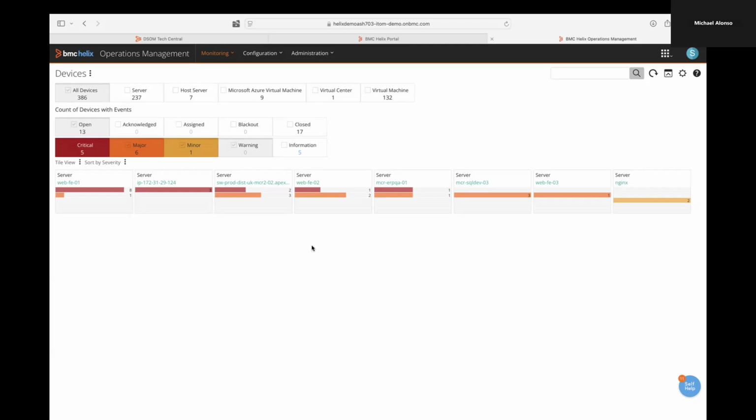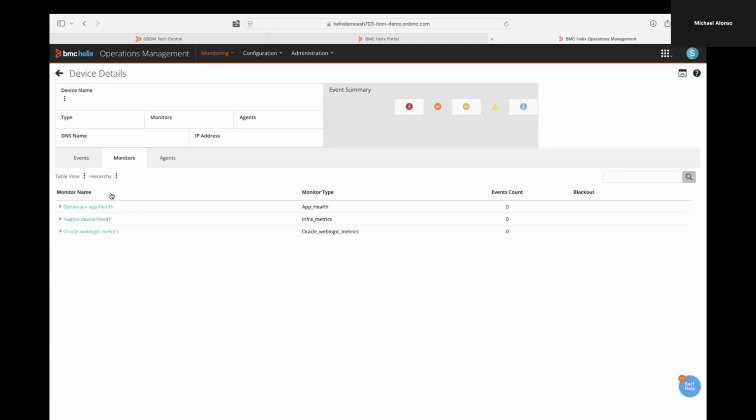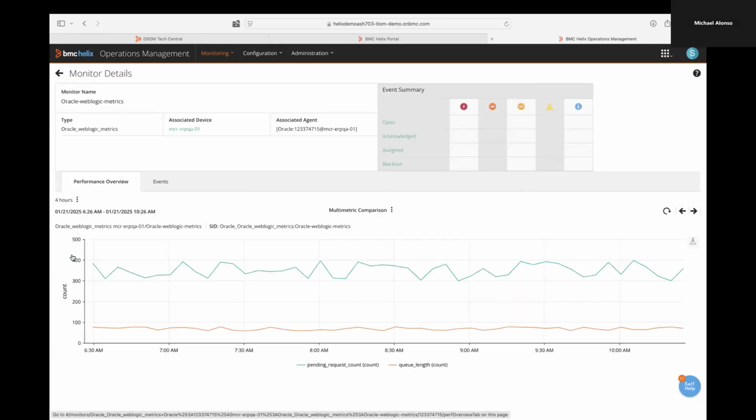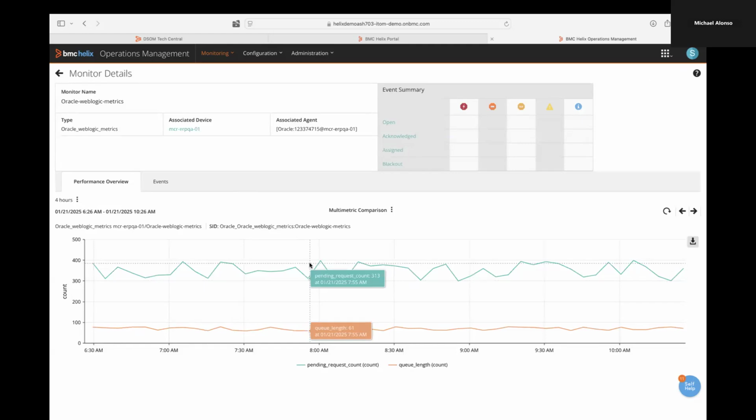And the last thing I'll say here is location and type is irrelevant. It doesn't matter if it's virtualized, containerized, standard IT. It doesn't matter if it's on-prem, if it's in the cloud, where it resides, if it's storage, if it's network, whatever it may be, we can go after it and bring that discovery, that monitored data, into our system. So just a quick example, if I click on one of these, you'll see that we have data coming in from third-party systems. In this case, we've got some Oracle WebLogic information coming in. Now, what you're seeing is a parameter graph. Again, we're going to see this again here in a little bit in a more detailed view inside of our dashboards.